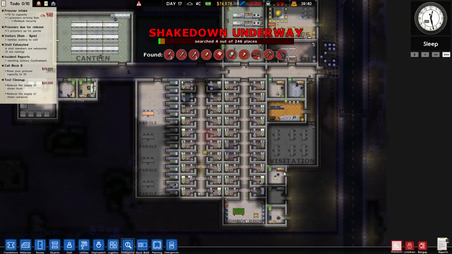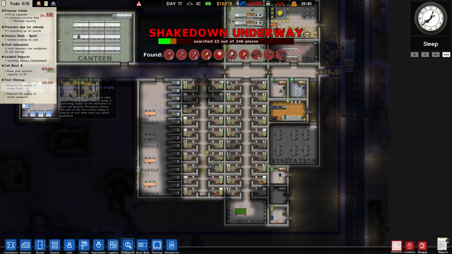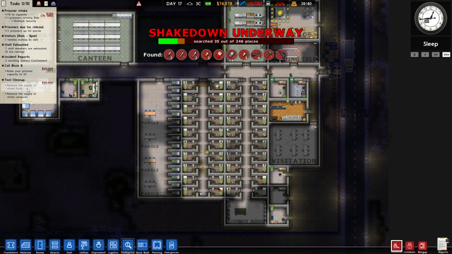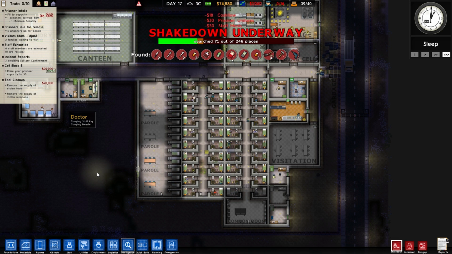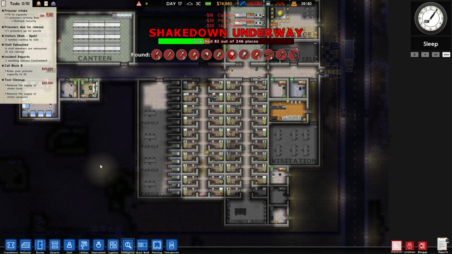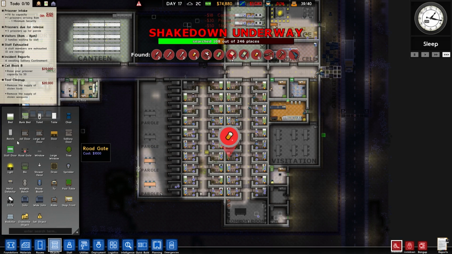Okay, what we're looking at here, 3 hours left on that. Time to do a shakedown. How do I remove the supply? I mean, I suppose we can go and get like